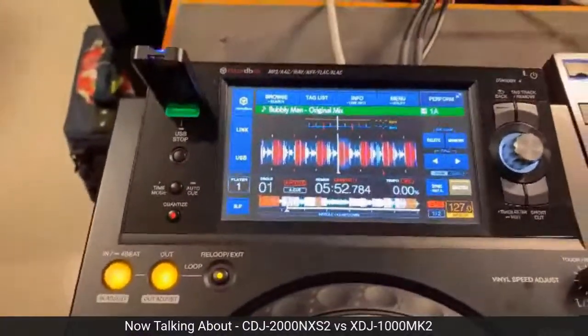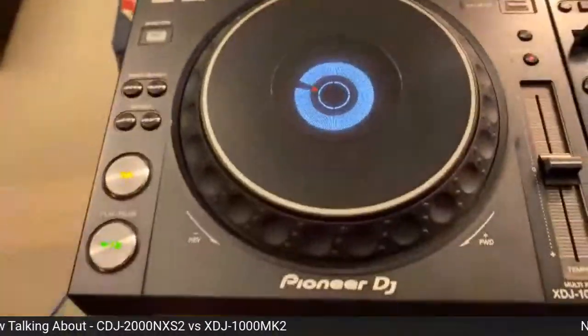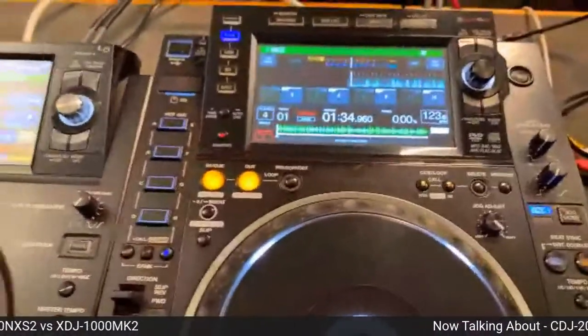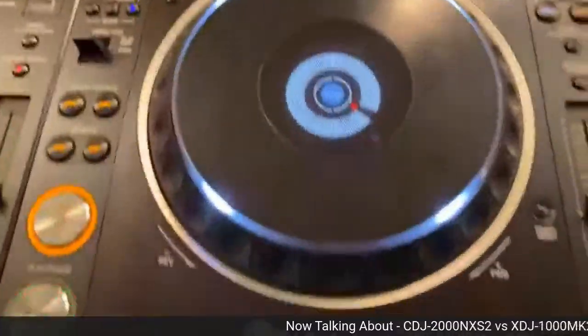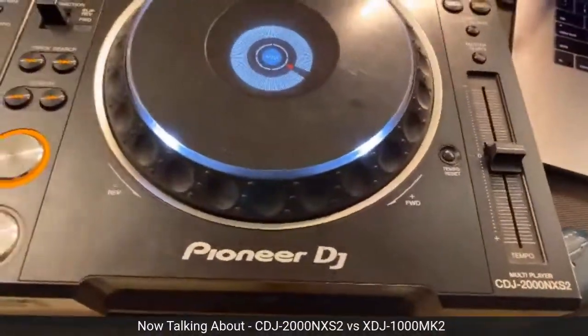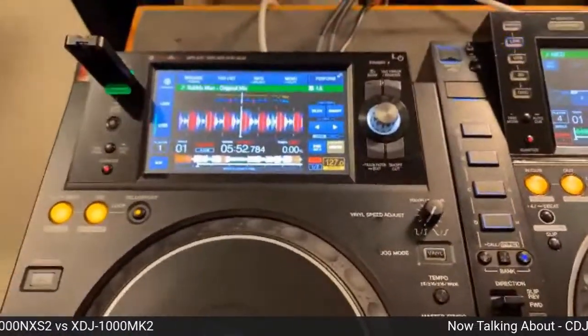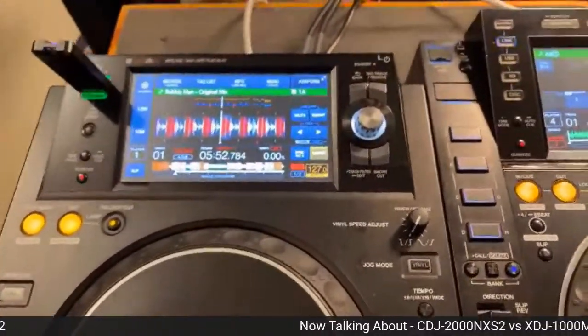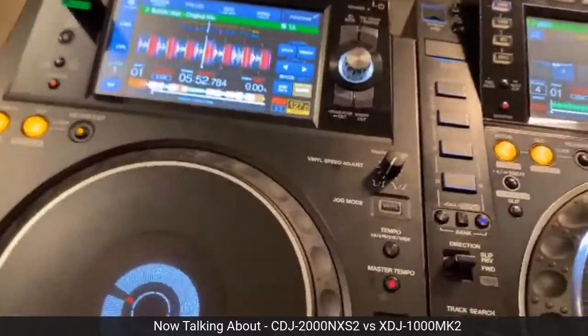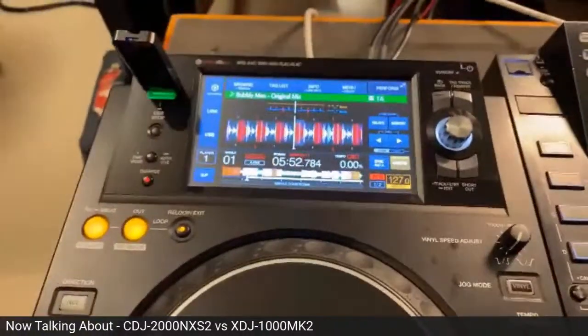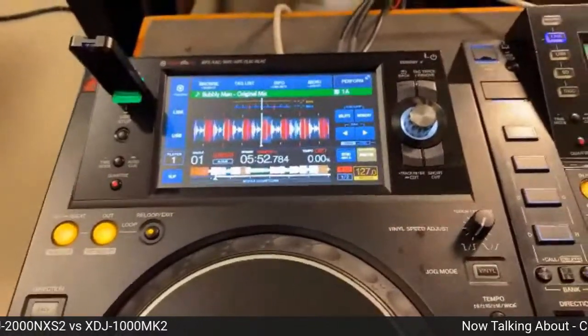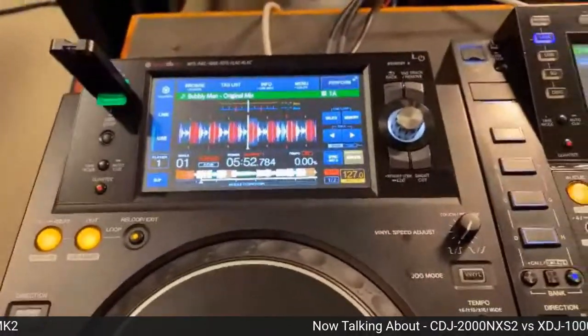So you're looking at a lakh and 86 for a pair of XDJ 1000 Mark IIs, as opposed to, let's say, a lakh and 60 for a single unit of the CDJ 2000 Nexus 2. So you can see very quickly how this becomes really good value for money for any kind of setup. And honestly, if somebody says they don't have the budget, the CDJ 2000 Nexus 2 is my first go-to. After that is the XDJ 1000 Mark II.